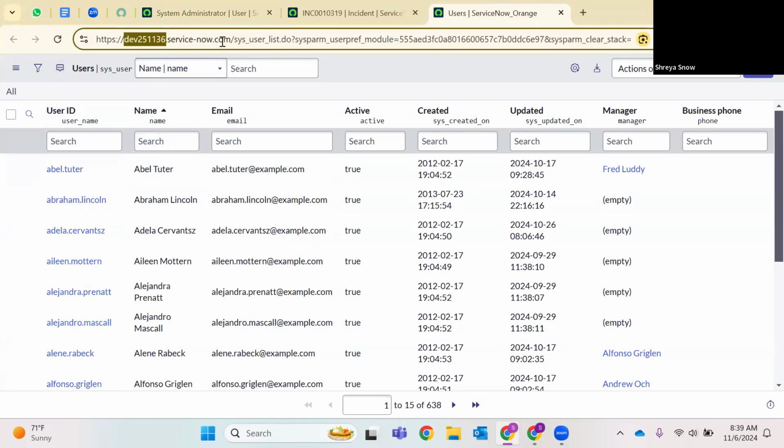Okay, in the URL you can read a lot of information. See, HTTPS, what does that mean? It's Hypertext Transfer Protocol Secure. Your site, whatever you are surfing or whatever you are scrolling, is a secure one. And dev